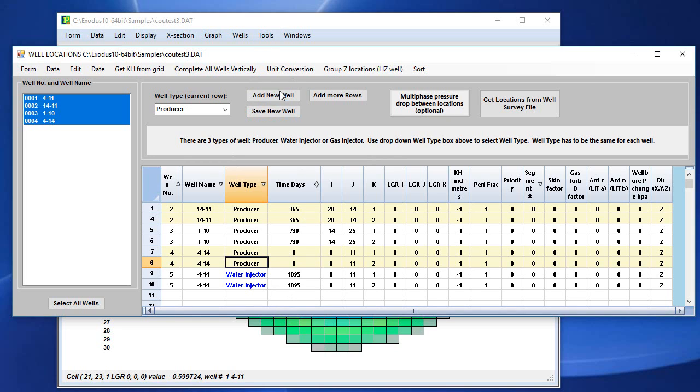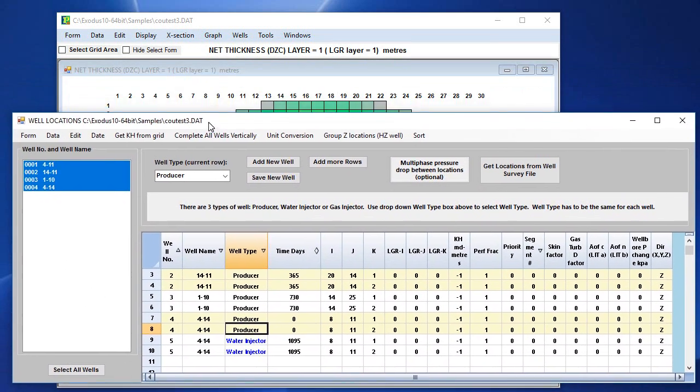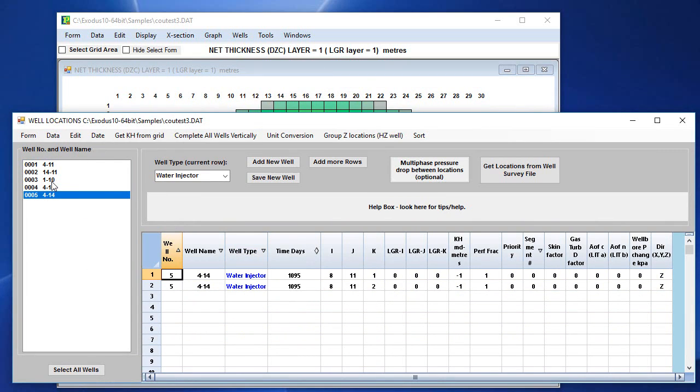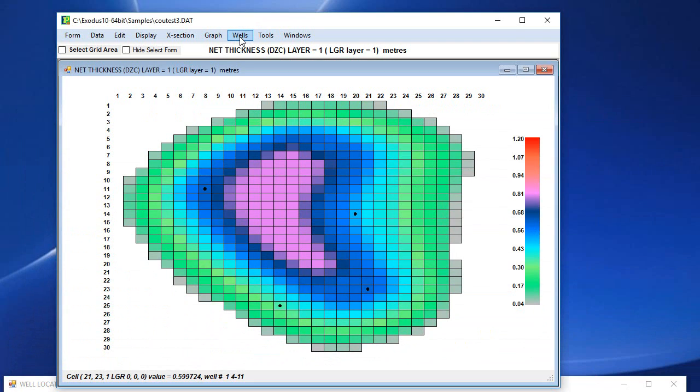We can add new wells using this option here. If you add another well, we can also do it by visually looking at the map and adding new wells. So if I were to add, this well 5 is added now. If I were to move this form a bit off, we can use this option here, wells, add locations, delete locations. So for example, if I want to make this into a horizontal well,